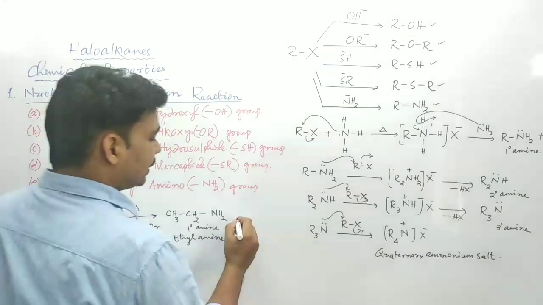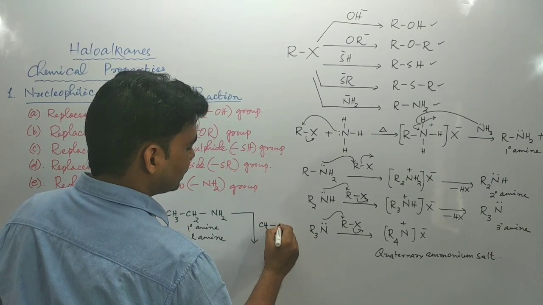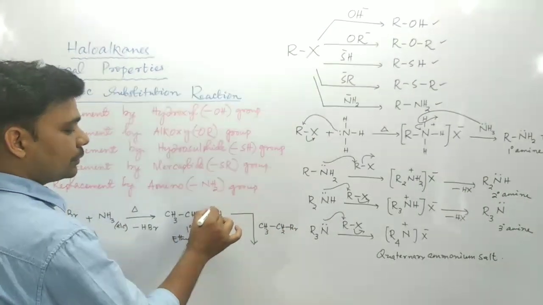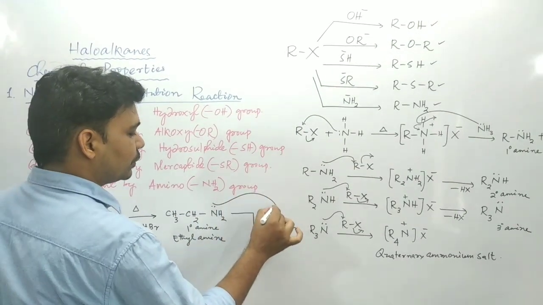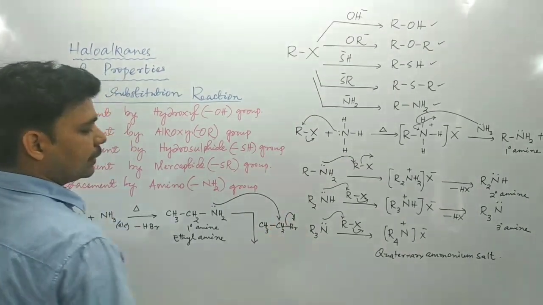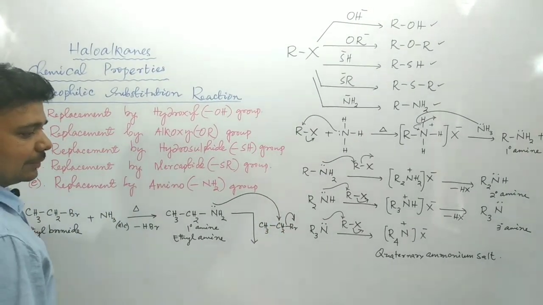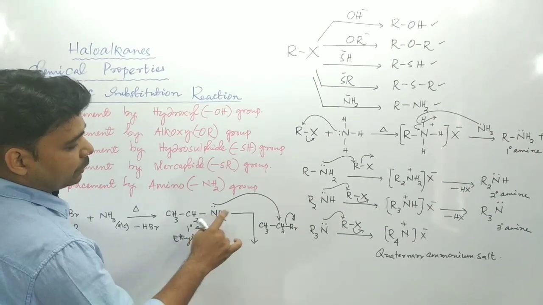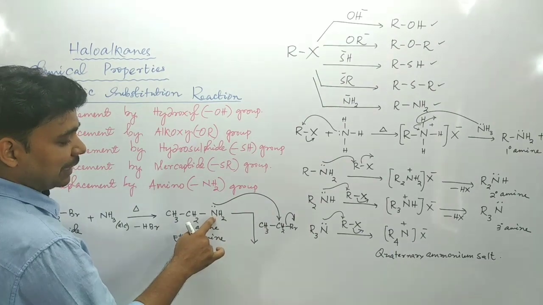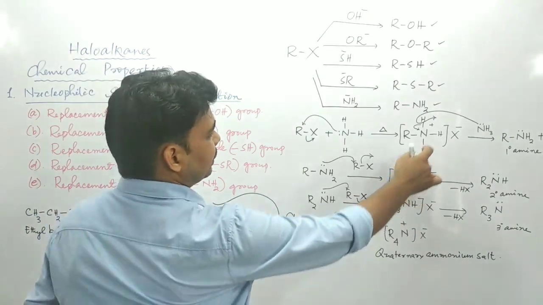This primary amine in the next step will attack the substrate CH3CH2Br. This is your alkyl halide. This molecule will act as the nucleophile through its nitrogen atom. It will approach the carbon containing Br, and after the release of this Br minus, we will get the secondary amine. Listen, when this nitrogen approaches, it will form a bond with this carbon. Then this nitrogen will have a positive charge, like this, positive charge.